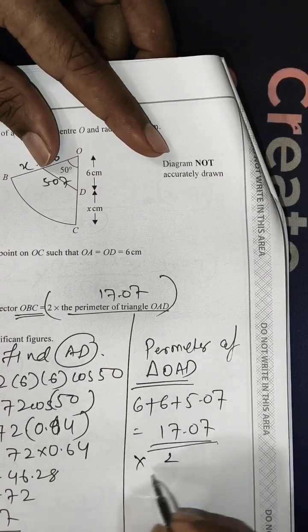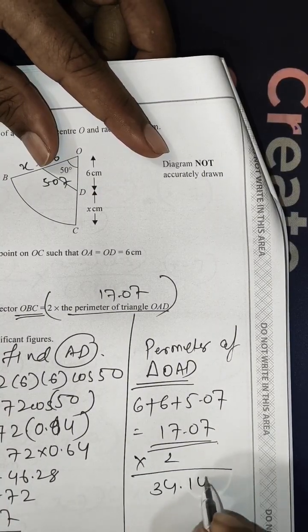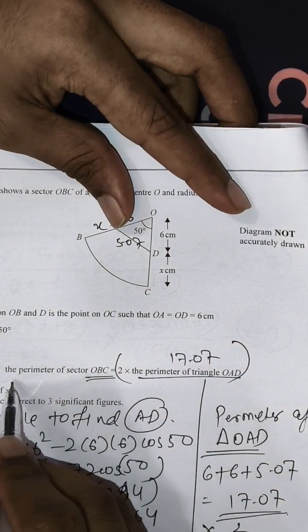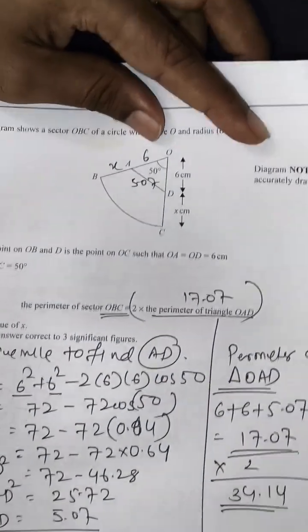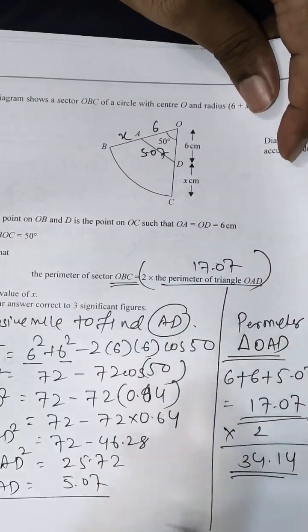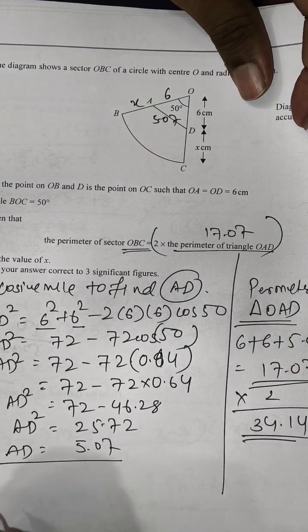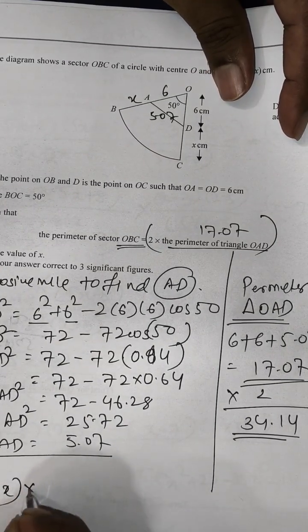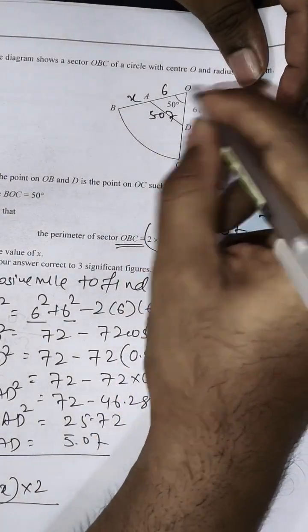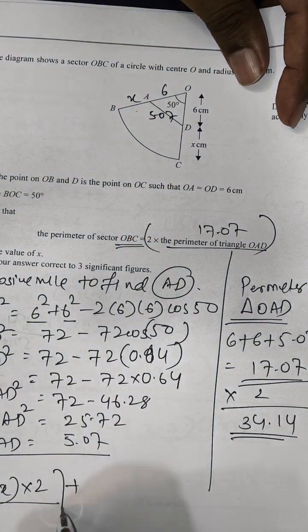Correct? What is twice of that? Twice of that is 34.14. So the perimeter of sector OBC is equal to 34.14. What is the perimeter of sector OBC? The perimeter of sector OBC is 6 plus x into 2, because there are two sides, this and that, plus